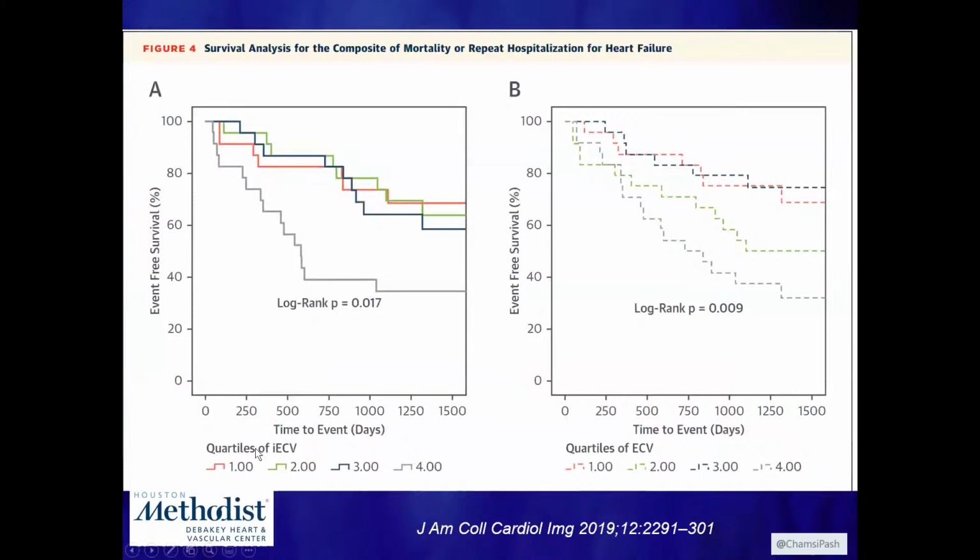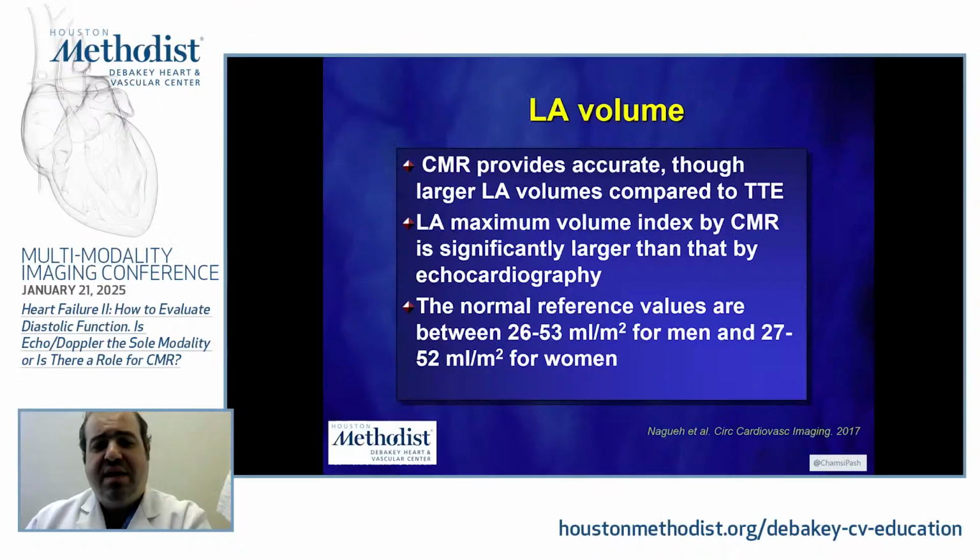Based on the increased quartiles of the indexed extracellular volume, your event-free survival, looking into mortality and repeat heart failure hospitalization, was lower in those patients who were in the higher quartiles of indexed extracellular volume, as demonstrated in this patient cohort. Now, moving on to left atrial volume, we know that cardiac MRI is really the gold standard in